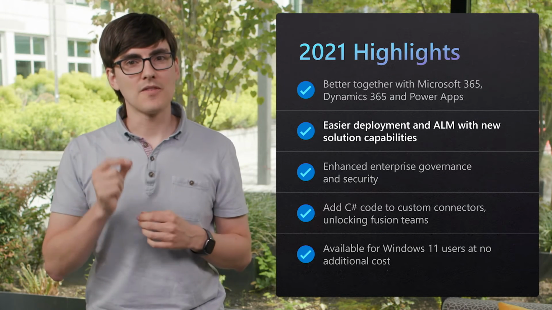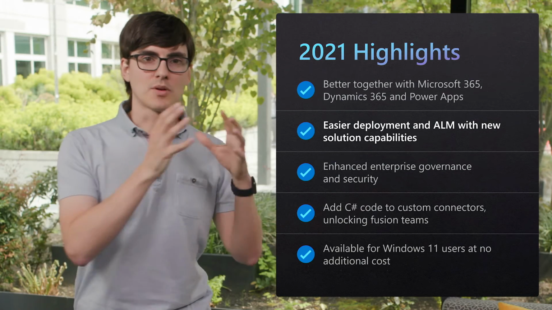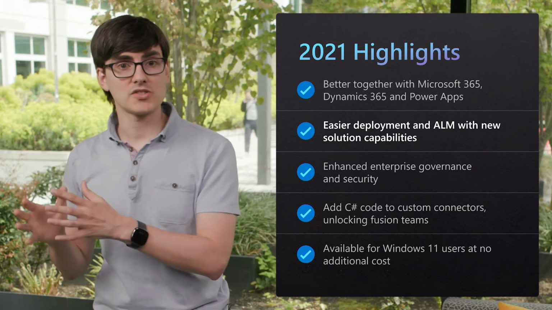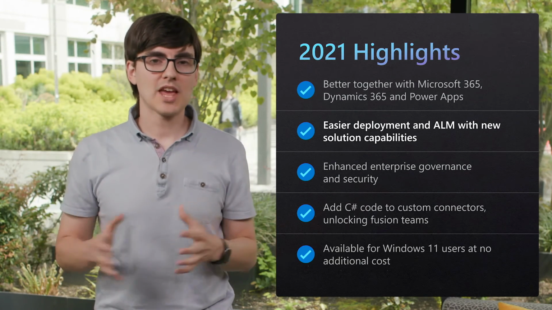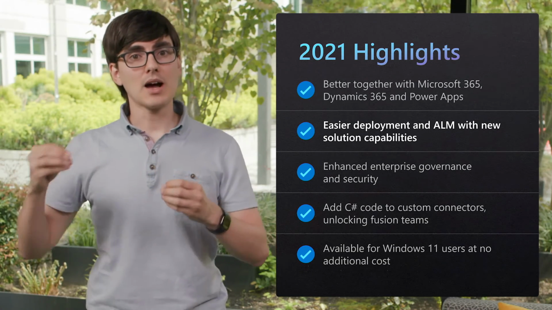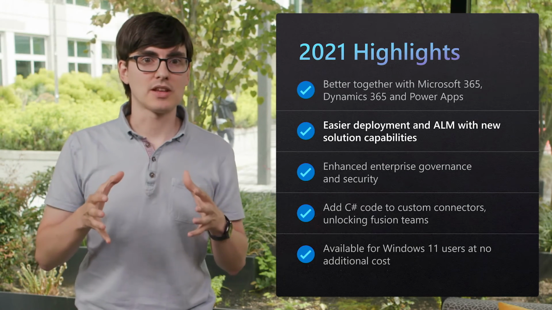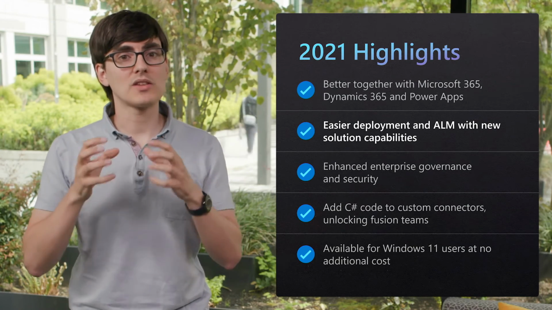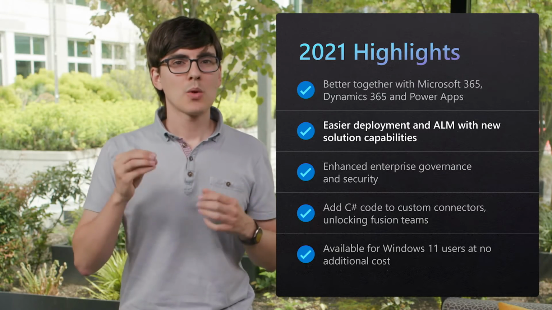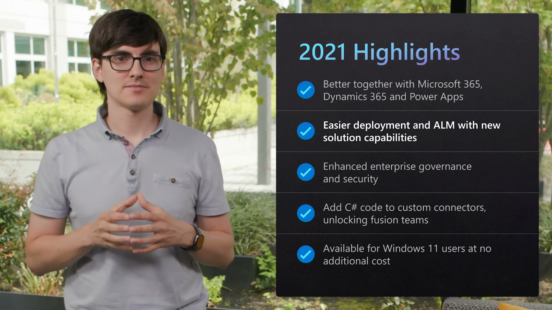Next, we've heard from developers how important it is to have a mature development lifecycle, from dev to test to production. We've added numerous capabilities here, such as environment variables, which allow you to factor out environment-specific settings from your automation, and connection references, which do the same thing for what systems you connect to. We even support storing these variables in Azure Key Vault for full security.